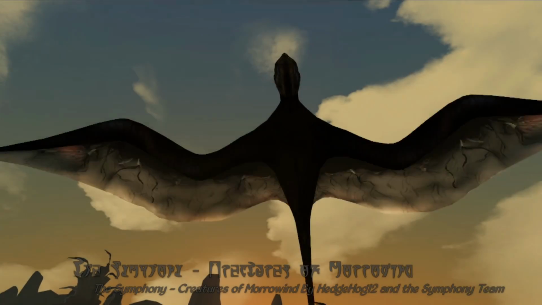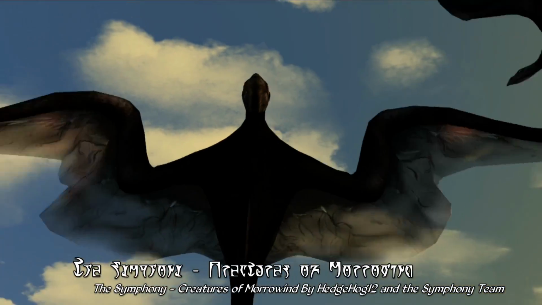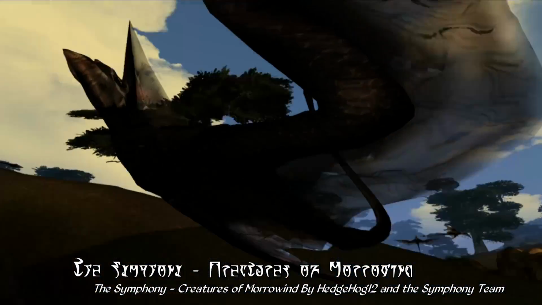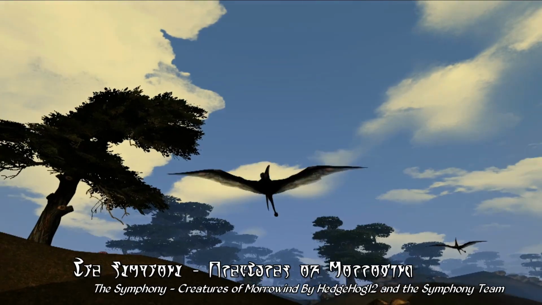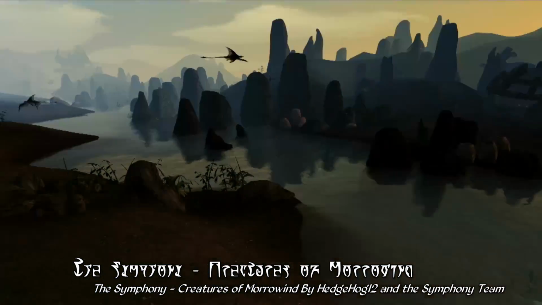Now finally, we're coming up to the last segment here, though it's an important one to be sure, and that's going over some of the quite frankly numerous Morrowind creatures and wildlife replaces added by the Symphony. There's quite a lot of ground to cover here, and I'm going to try and cover a little bit of everything. Obviously, we've already covered a fair amount of the dungeon creatures earlier, so we'll mostly be focusing on wildlife here,